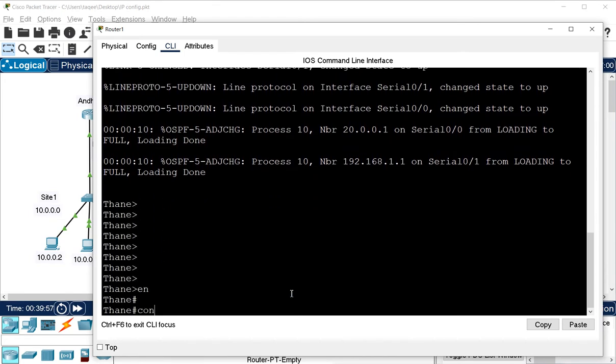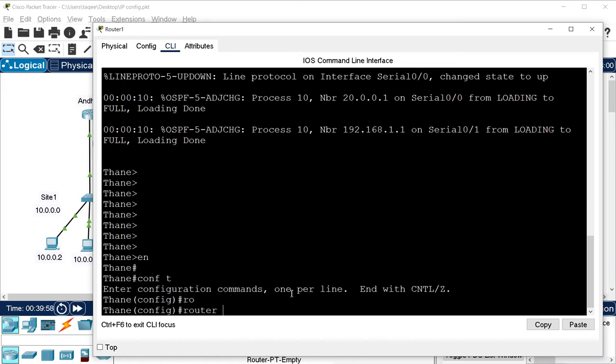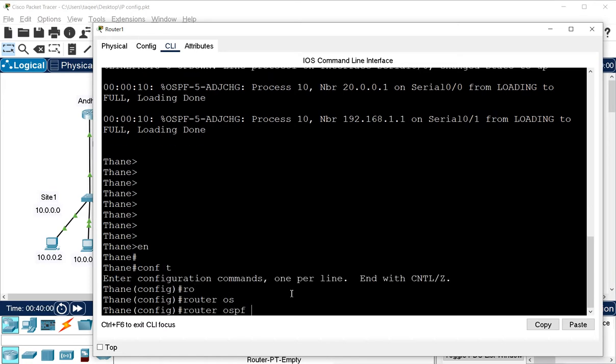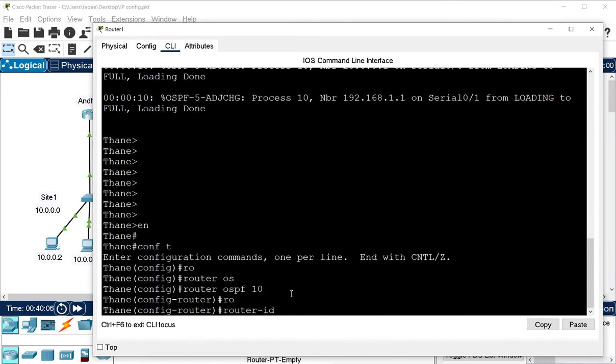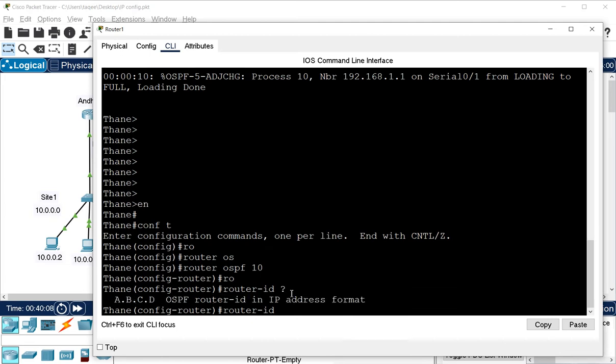So I will go to the configuration, router OSPF, and the process ID you have to give, right? Now we are under the configuration of OSPF. Now I can configure router ID, whatever router ID I want, and in IP address format. Router IDs are always in IP address format. So let's say I want to give 8.0.0.1.